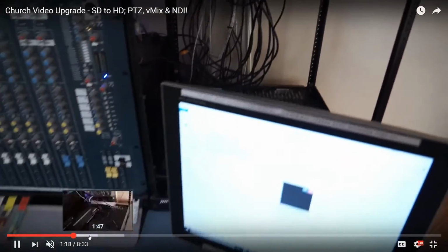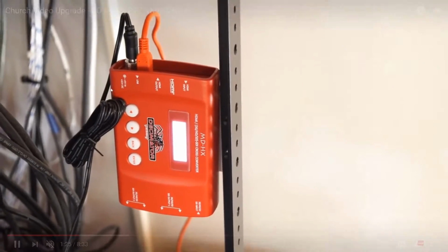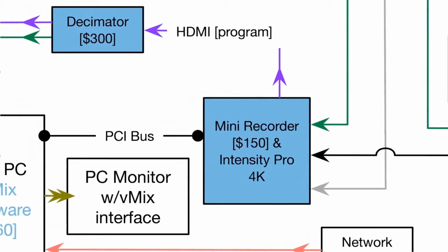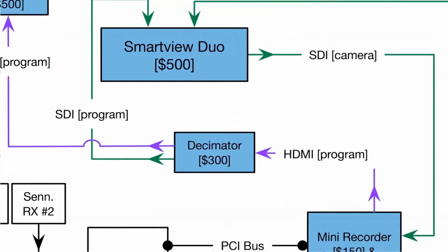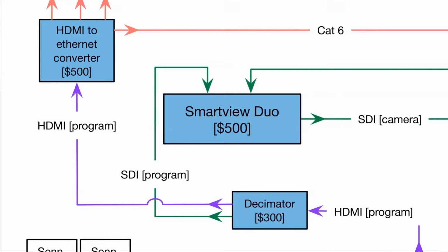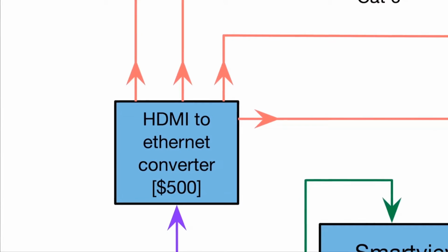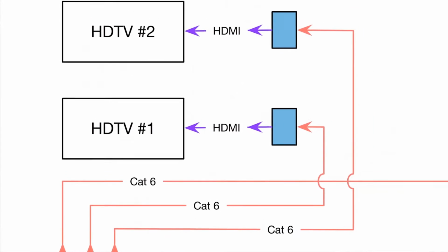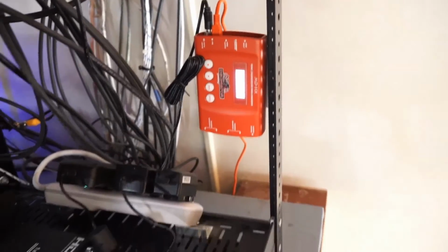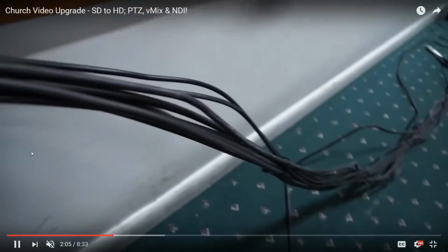So here we are, and they went with vMix, so that's vMix 17. vMix 18 is now available. They're using a converter to take some of those old pieces out of the system and still use them. You can see there's HDMI coming into the decimator. Don't worry about all of these flow diagrams. This is what professional integrators use, but it just shows you kind of how it's working. There's an HDMI splitter there that they're using, and an HDMI over Ethernet converter, which is actually feeding two HDMI televisions and a projector. That's something that a lot of churches need, to be able to also give the video back to the projector and the other